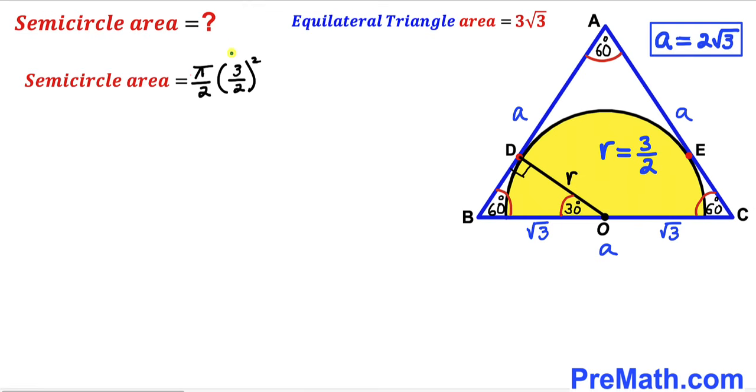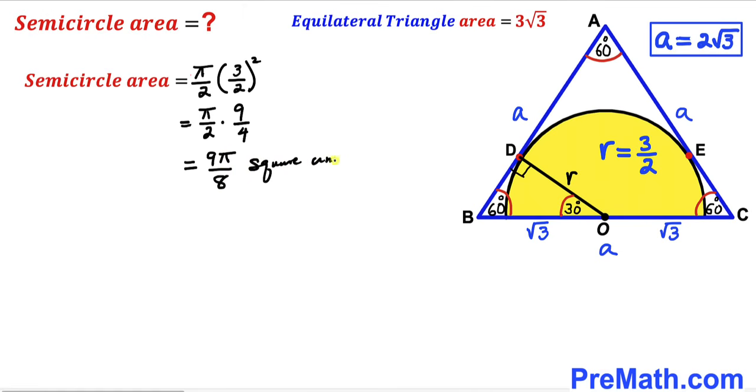And now we know that the square of 3 divided by 2 is going to be 9 divided by 4. So therefore we can write pi divided by 2 times 9 divided by 4. Or if we multiply and simplify, that is going to give us 9 times pi divided by 8